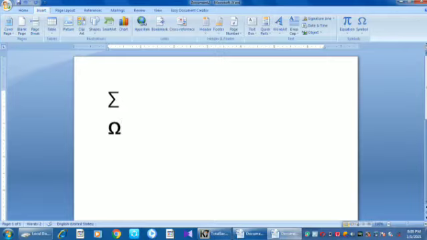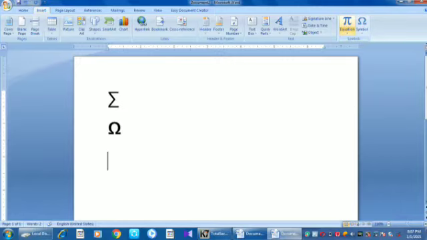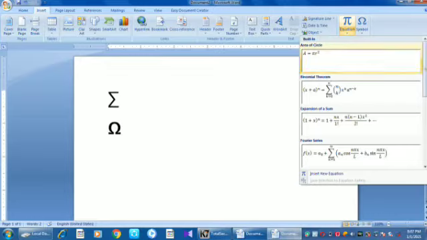Clear? Then MS Word also allows us to insert mathematical equations. What do you mean by mathematical equations? Do you know the formula to find the area of the circle? Yes. A equal to pi r square. This is the formula to find the area of the circle. Suppose we want to add that equation in our document means we can go to the insert menu. Then here equation symbols available here. Click. A equal to pi r square formula. This is the area of the circle.